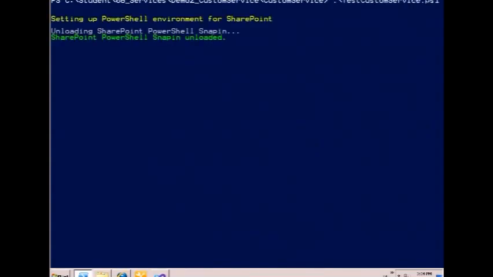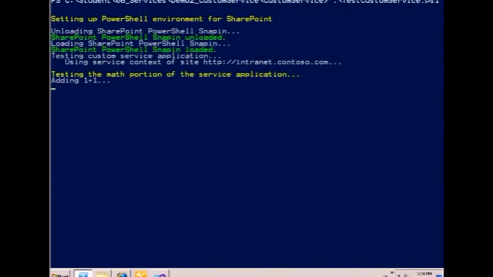What this is going to do is first load the SharePoint PowerShell snap-in. Then it's going to load my custom XML files that tell SharePoint PowerShell about my custom cmdlets. Now it's invoking that Invoke-CustomService cmdlet, which goes back to the client, back to the proxy, grabs the load balancer, finds out the next service instance I can go to, and gets the URI of the WCF service, where that service is,